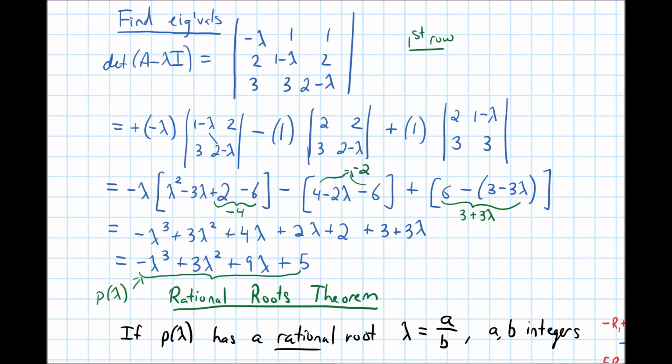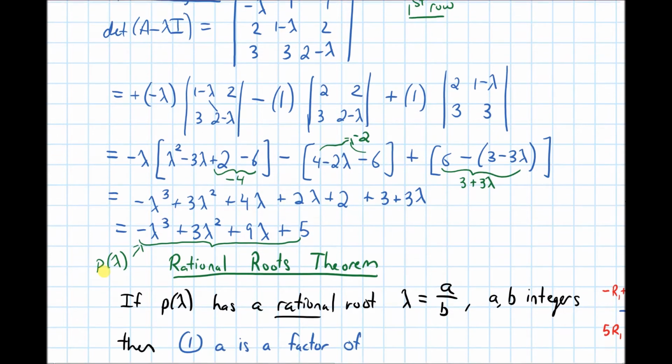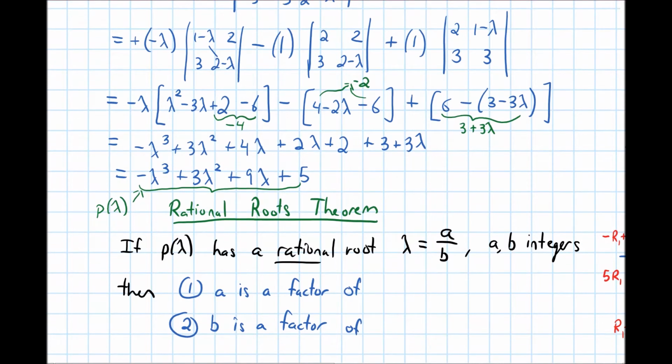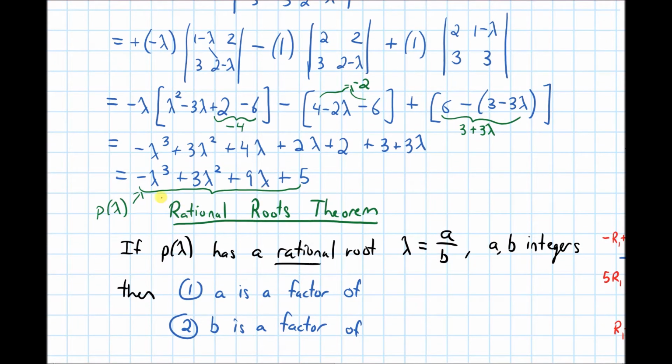So the rational roots theorem gives us a systematic way to sort of guess what the rational roots of this polynomial would look like. So if there's something that's going to make this polynomial equal 0, and that something is a fraction, it tells us what that fraction needs to look like. So here's the statement. If P of lambda, our polynomial, is going to have a rational root, let's just call that lambda. So a rational number,